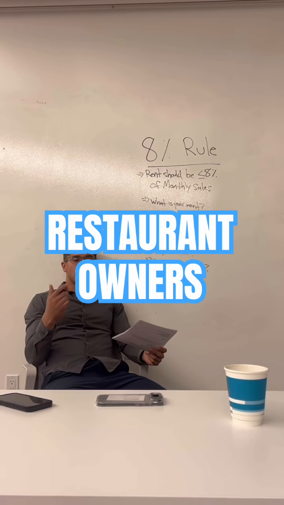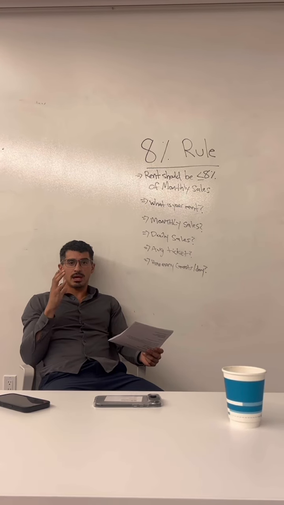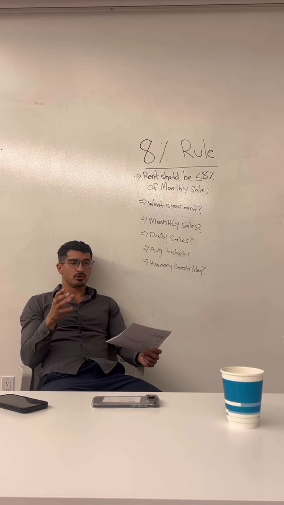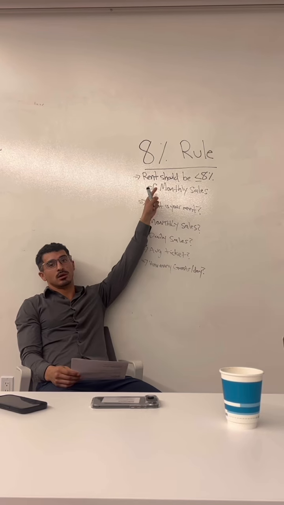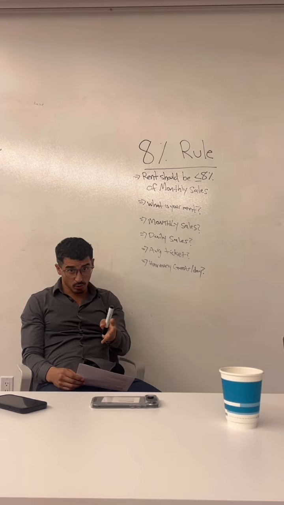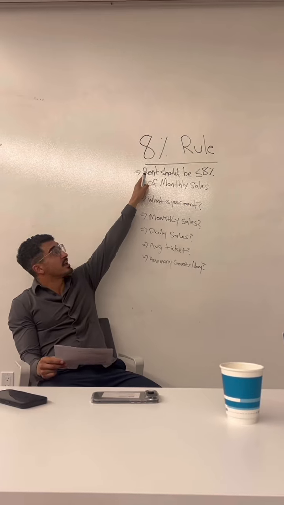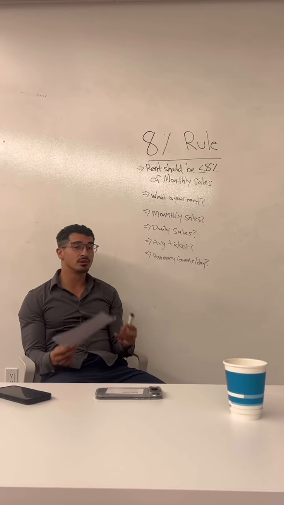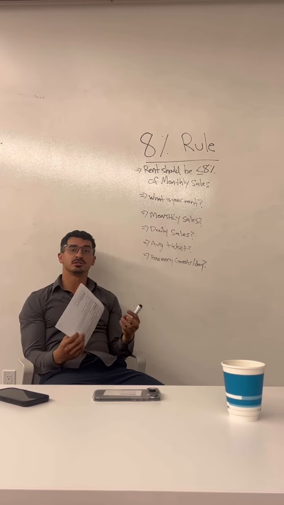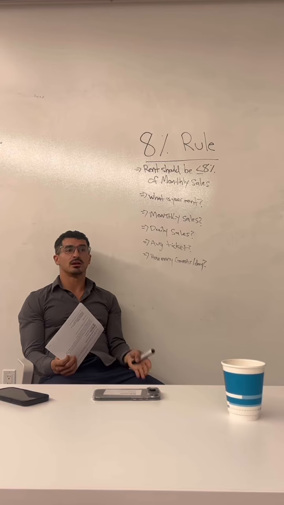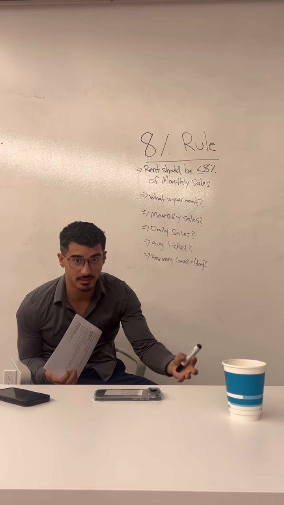Restaurant owners. I represent a national Asian cuisine, and they've told me they go by the 8% rule. My question is, do you go by the same rule or equation? Do you use the same number, or what do you go by when you're looking at a location? What makes you decide on that location and whether or not the sales that you think you can make there